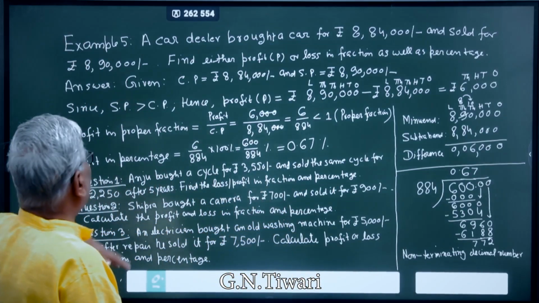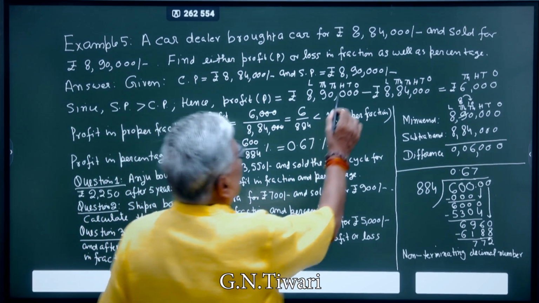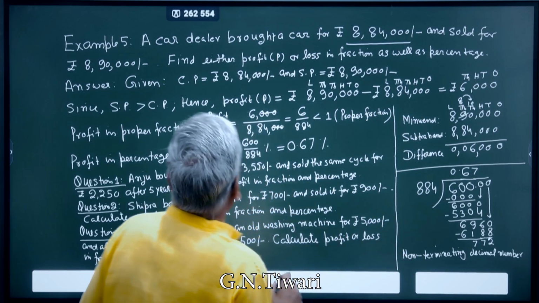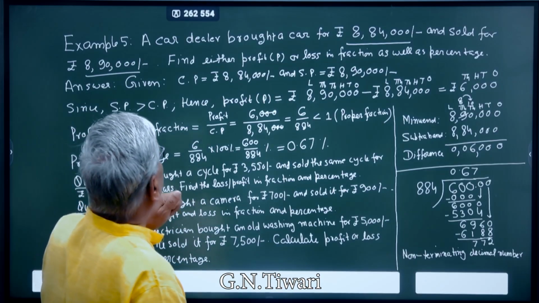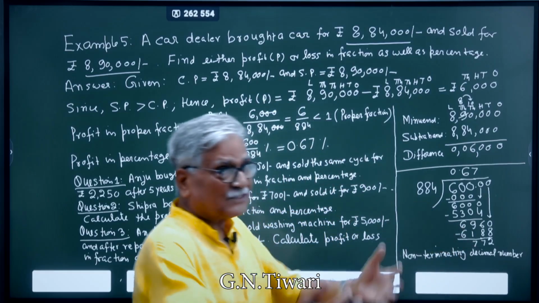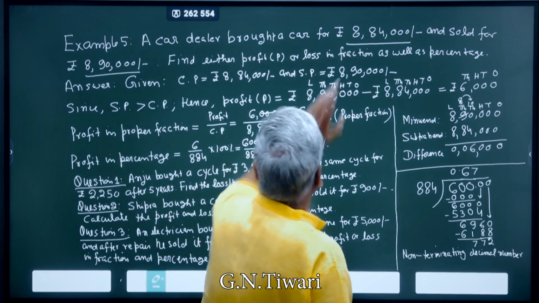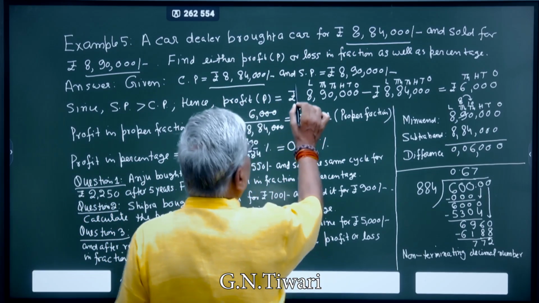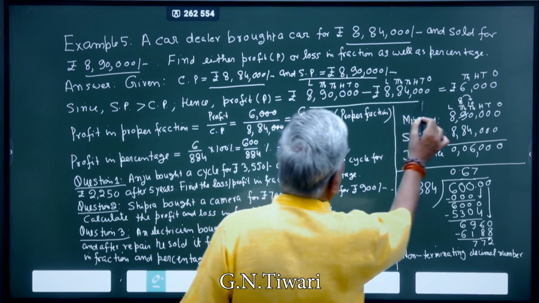Here I have given you the questions. Car price is this, and after some time, she sold it at this. Why is it a higher price? A car dealer bought a car for so many rupees. The dealer bought it from the manufacturer, but he sold it for this much. So if this is higher than this, then it is a profit. So just see, CP is equal to this. One should write CP. Selling price is this, and profit is this minus this, which is equal